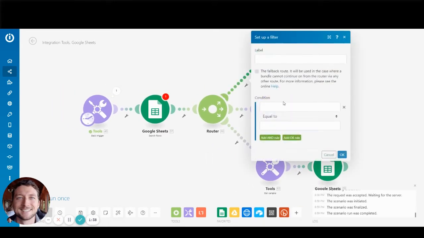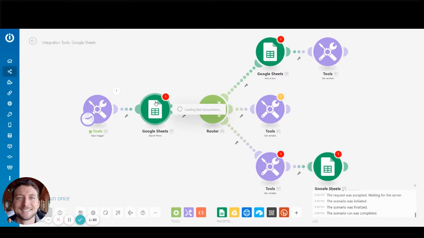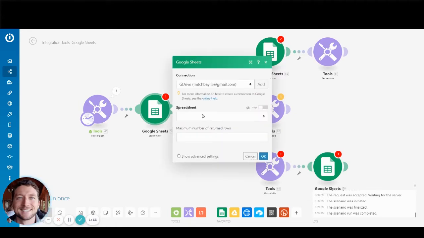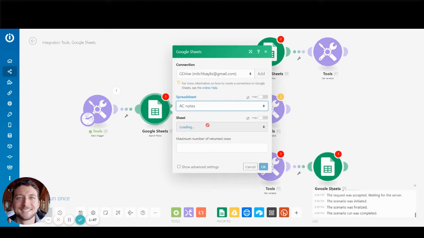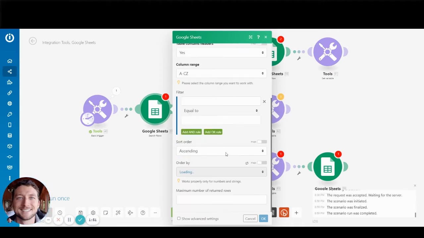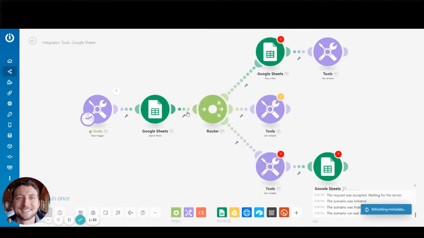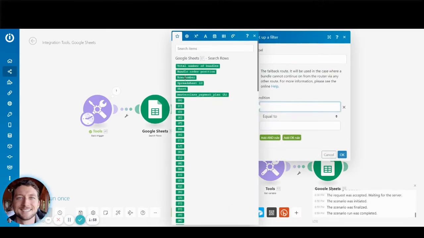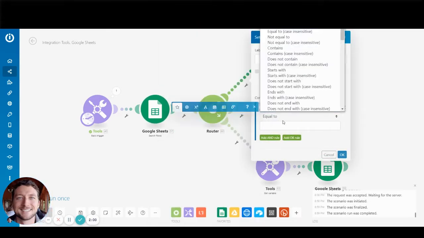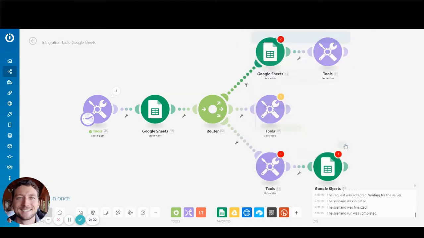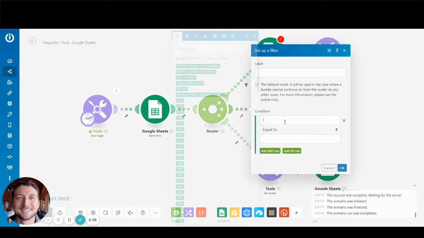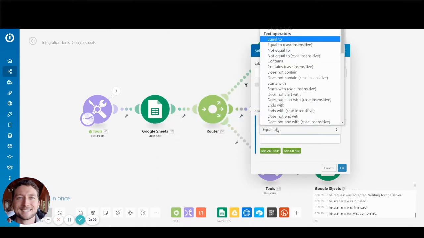And of course we need a filter in here, and the filter would be, we have to map this one here first. So we'll just select any spreadsheet, doesn't really matter. And we'll select a sheet, yada yada. And you can put whatever you like in there. Okay, so now we've got our metadata, and we can simply say if row ID does not exist, then create the row and then set the row variable. If row ID does exist,